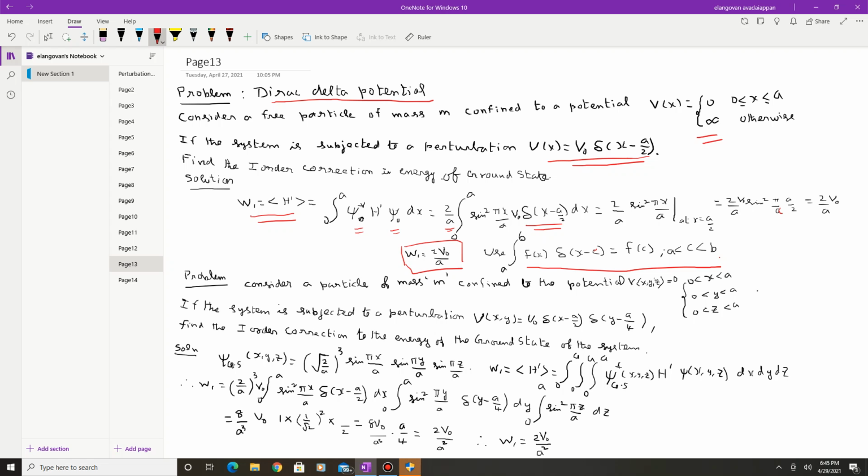Now another problem using the delta potential. Consider a particle of mass m confined to a potential. So this is the three-dimensional box. So x lies between 0 to a, y lies between 0 to a, z lies